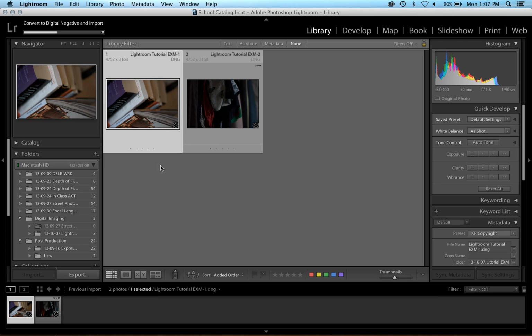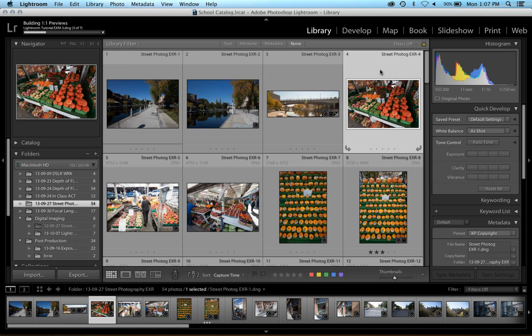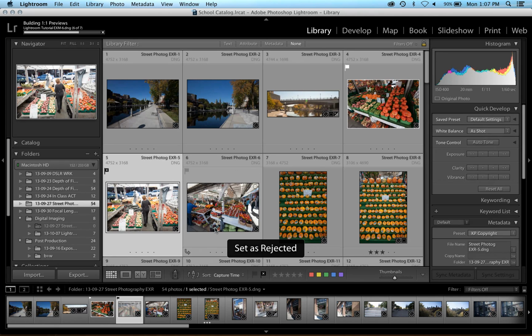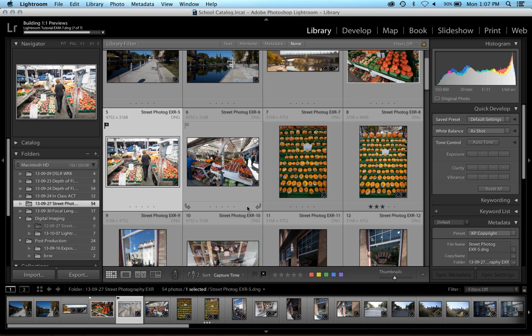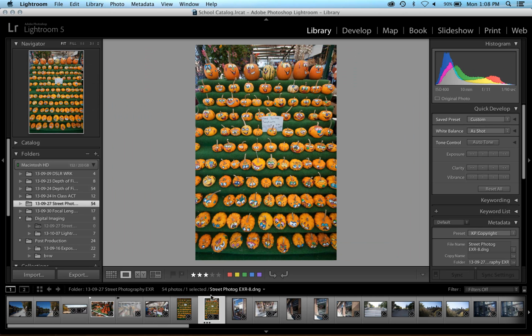Back in the library module, let me briefly explain to you my flag, star, and color system. So I white flag images or pick them if I want to use them for assignments by pressing the P key. And with the X key, I flag the images that I would like to remove from my hard drive completely. As far as the stars go, I typically will 5-star a photo that I'm considering to use for a portfolio, and I'll 3-star the images that I'm considering posting to Flickr or Facebook, or just to signify that I like the photo, even if I don't have a